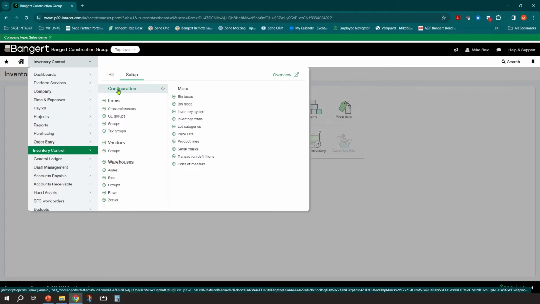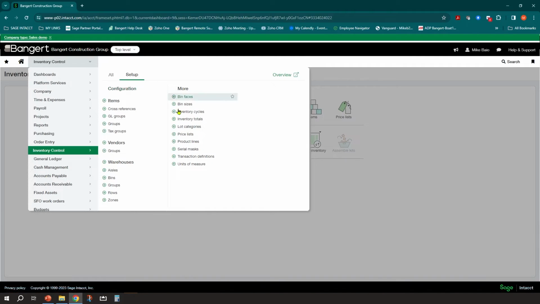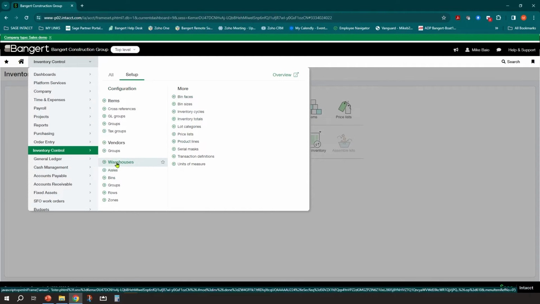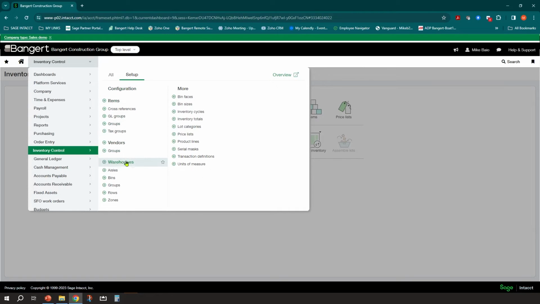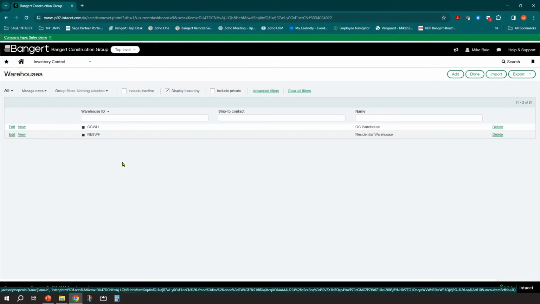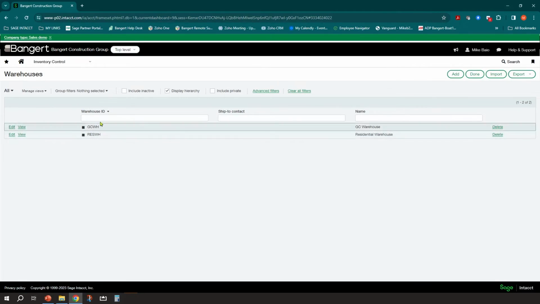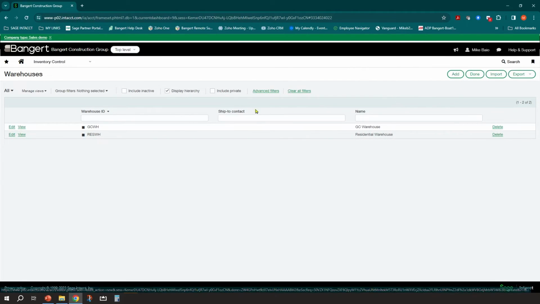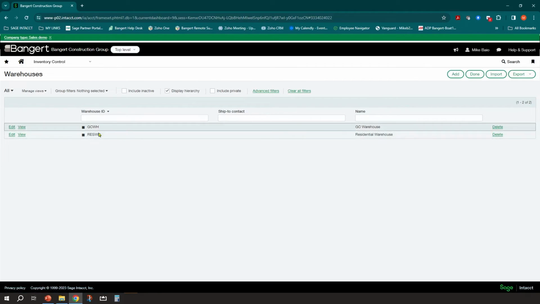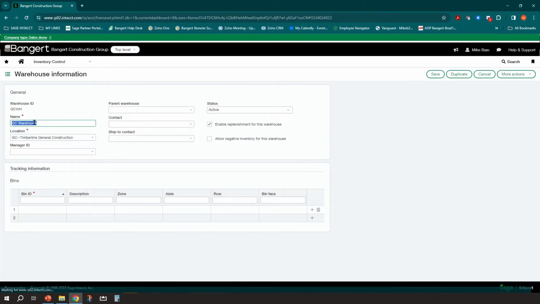And we're going to go into one more area before this video ends. After the configuration, we're going to go into warehouse setup. So basically, you can come into here, you can create a new warehouse by hitting the plus button. And I would do this at the top level again, or you can click on your warehouse here, and you'll see a list of warehouses that are already set up in the system. You can just click add. If you have a lot of warehouses, you can import. Most people just set them up. But I'll click on edit here just to show you one that's already in the system.